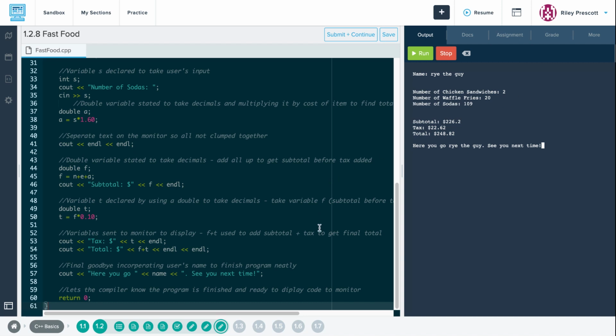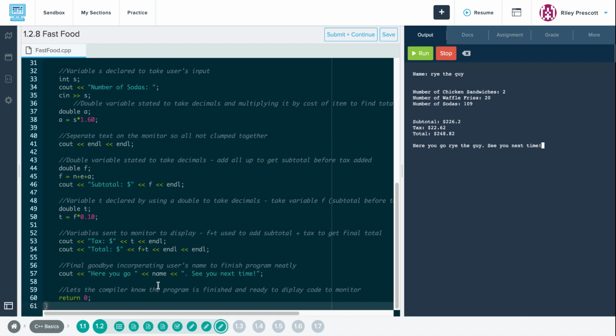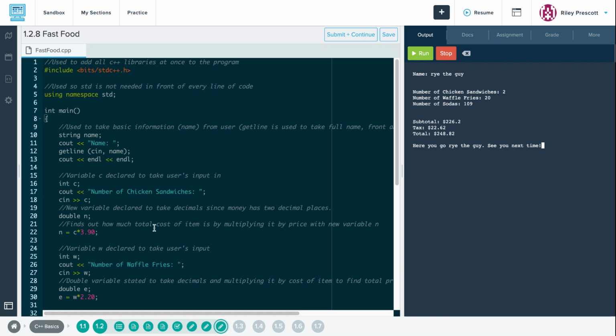So it's the same thing. No matter what numbers you enter, it doesn't matter. As long as your formula and code is right, it's almost like a calculator. It will compute the same thing every time. And as always, the return 0 command is used to let the compiler know the program is finished and ready to run. Same thing. As long as your formulas, your calculations, your code, your syntax is right, no matter what numbers you enter here, it will compute to exactly what you want it to compute, which in this instance is these numbers, the subtotal,